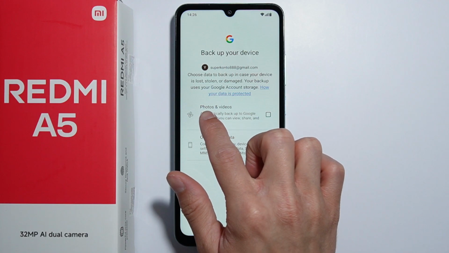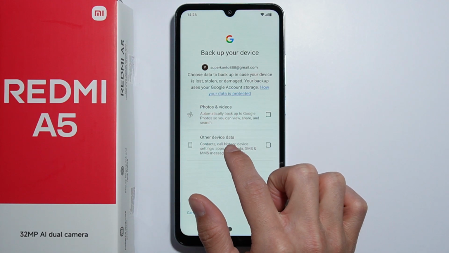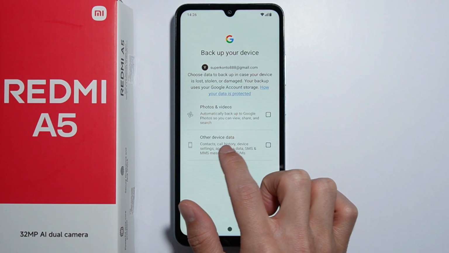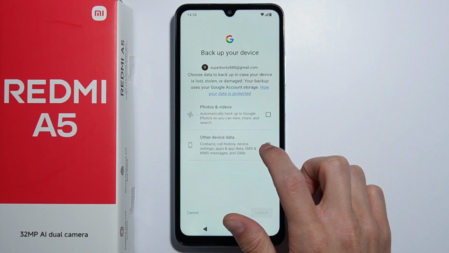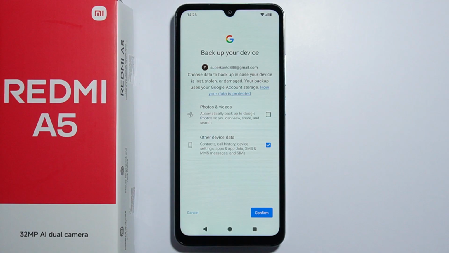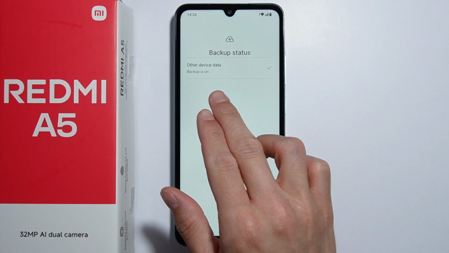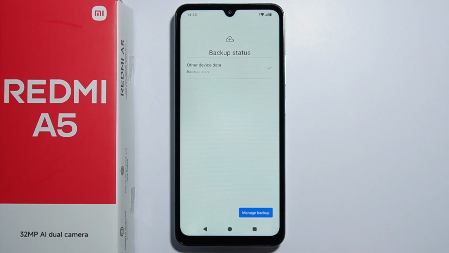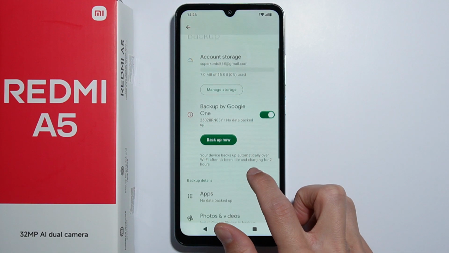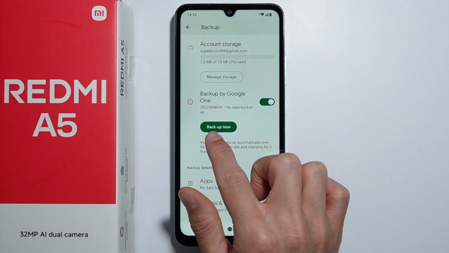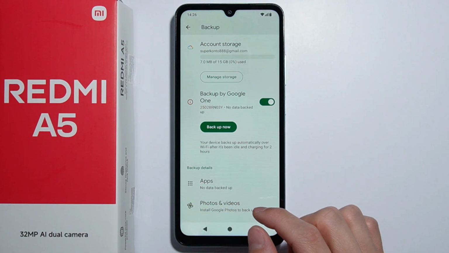You can backup photos and videos and other device data like contacts, call history and some other stuff. So select anything that you want to backup, press confirm, and as you can see the backup is right now turned on, and here you can go to manage backup, and you can backup now if you want, or additionally